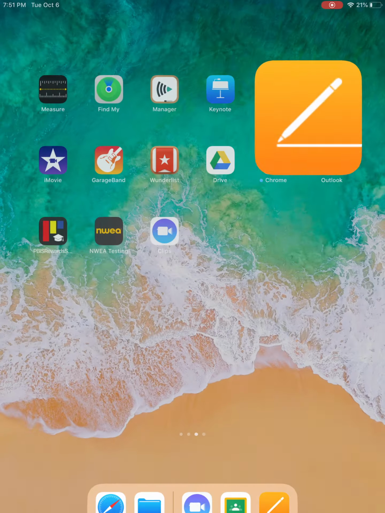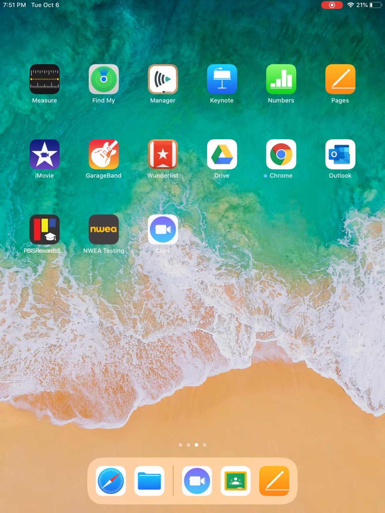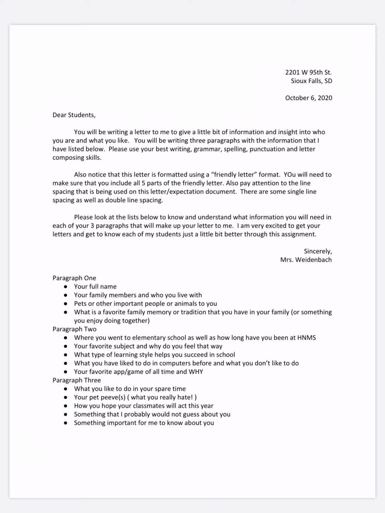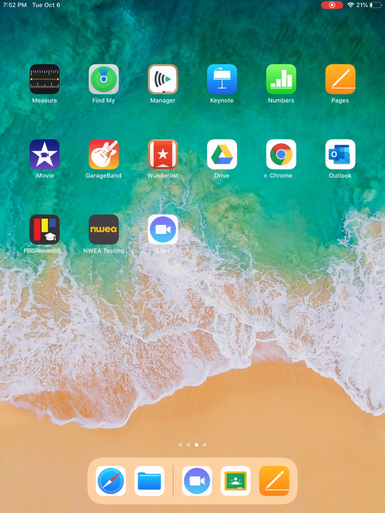Now, you'll want to toggle back and forth between the expectations. With this assignment, a lot of this is going to be in the formatting and just understanding how to format in Pages. Pages is Apple's form of a word processor. So you can see the return address and the date are both right aligned. So if you were to begin typing,